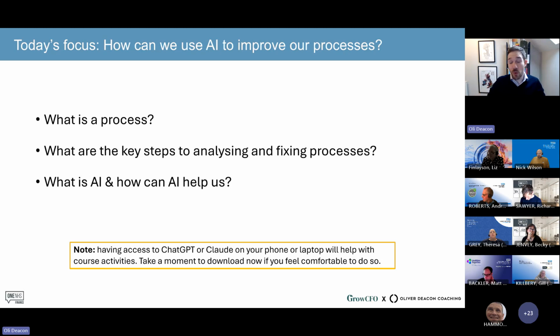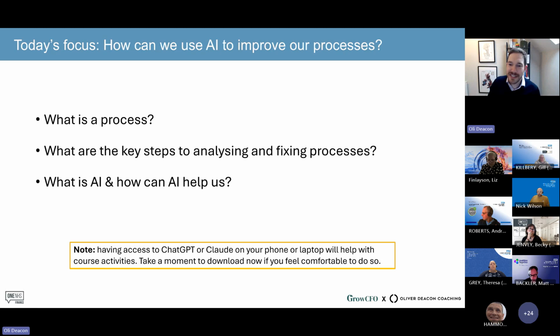And now, actually, what I expect to see in the next few years is that every single person in our organization, from the most junior person all the way up to our most senior leaders, need to understand what it is to improve our processes and how to analyze and fix them. And so that is what we are going to take a look at today, and specifically how AI can help us to do this.